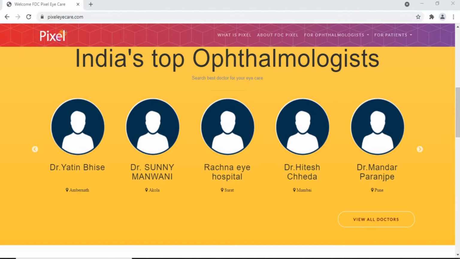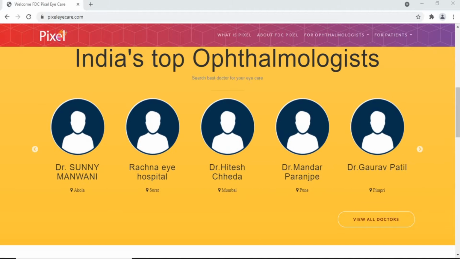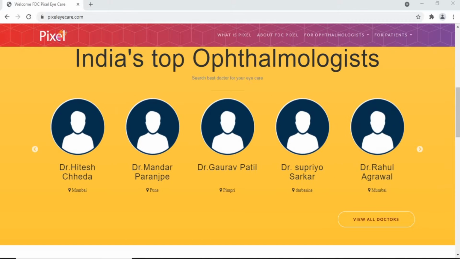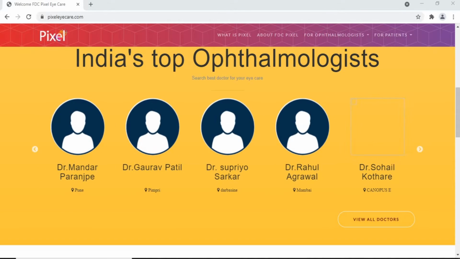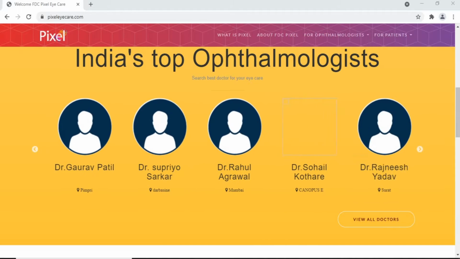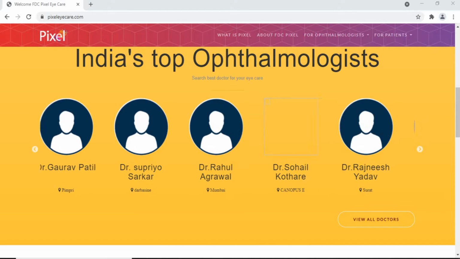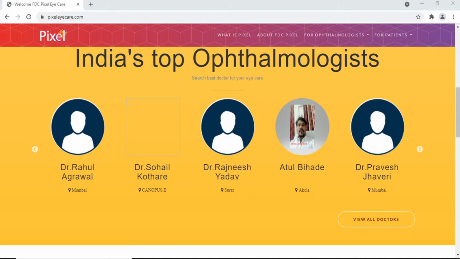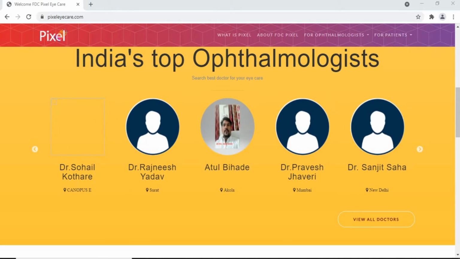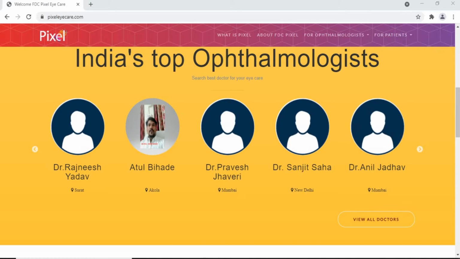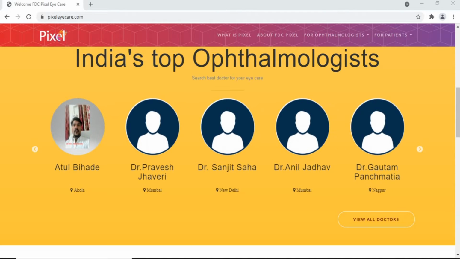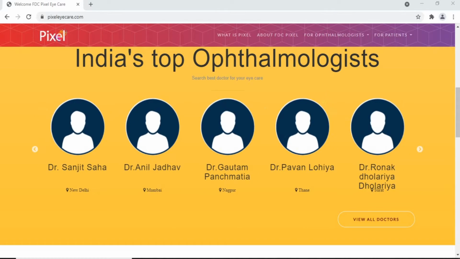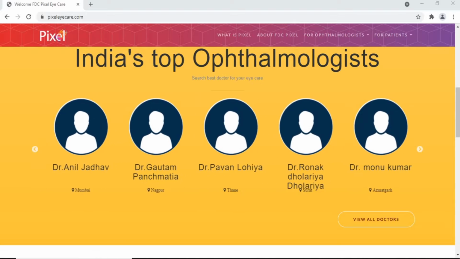Team FDC welcomes you to the demo for the Pixel digital portal and mobile app. Currently, we shall focus only on the portal, and once you are comfortable using it, you can download the mobile app version from the Play Store. The mobile app is easy to use wherein you need to log in with the same user ID and password as registered in the portal. As of now, it is available only for the Android version, and we shall be soon